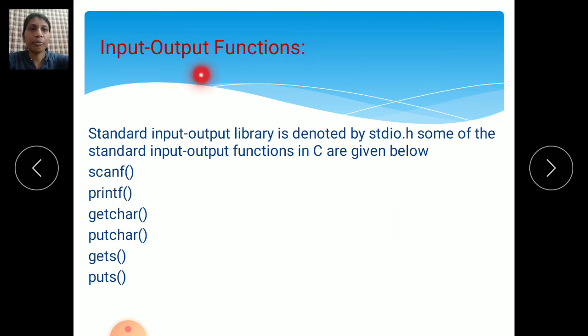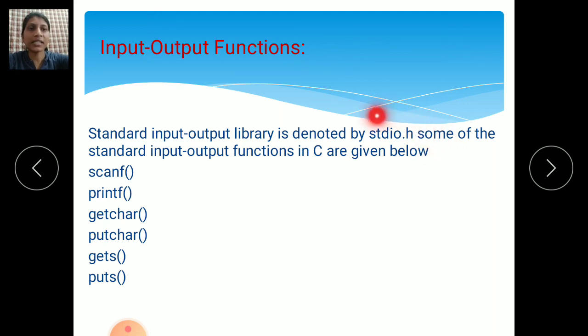Okay, then input output functions. These input output functions we also use in C programming. If you want to execute your C program, we can use these input output functions. See here, the standard input output library is denoted by stdio.h.